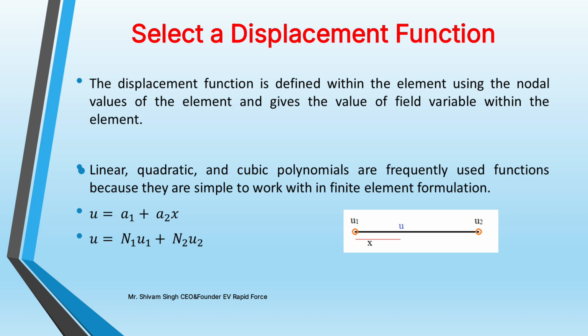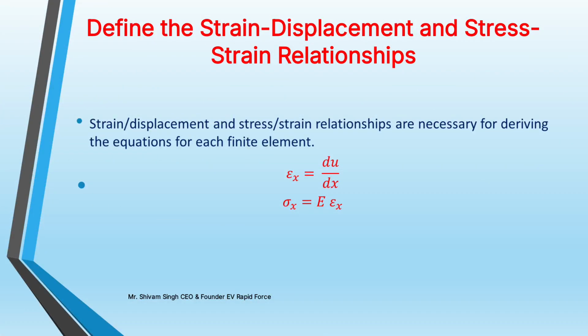Similarly, we have seen this is a linear element, so we have only two nodes. But if there is a quadratic or cubic polynomial element, then we get more nodes in one element. Polynomial functions are frequently used because they bring simplicity to the finite element formulation, to find this nodal displacement: a1 as a constant, and a2 with x. Similarly, after defining the